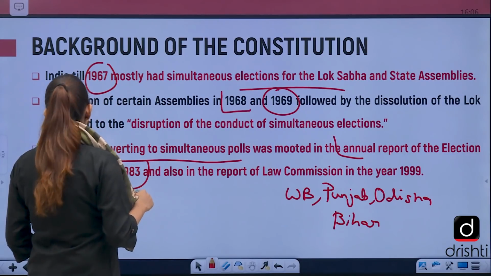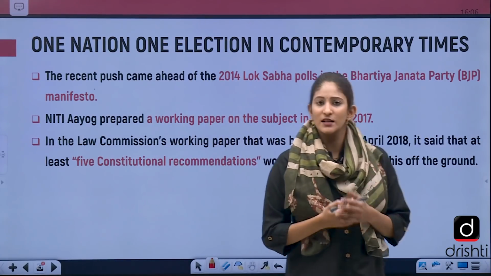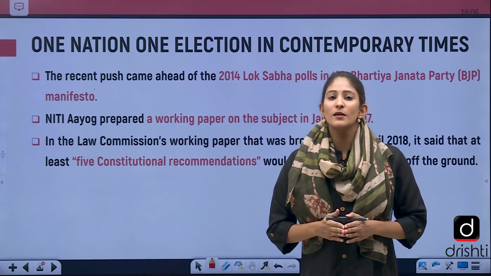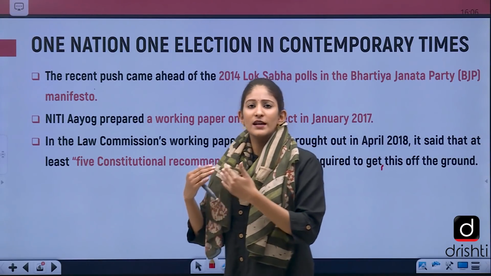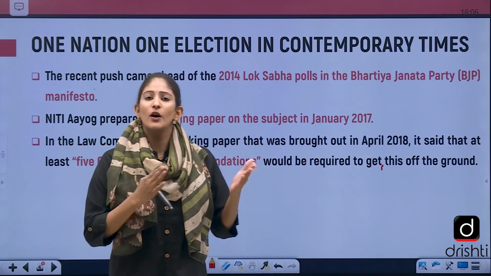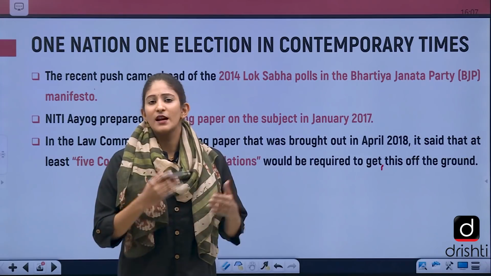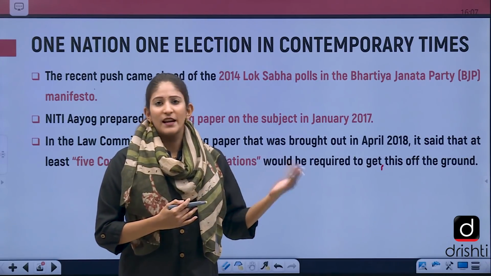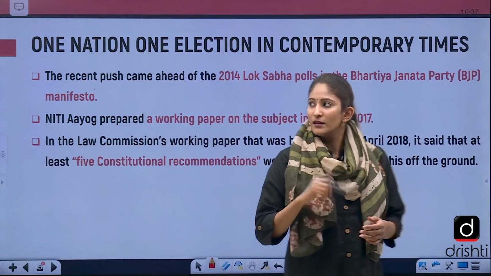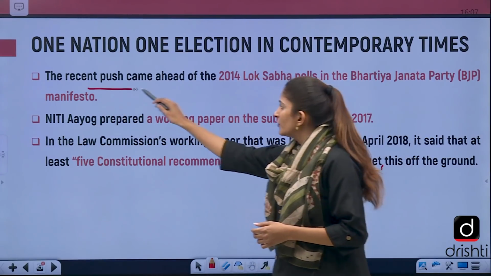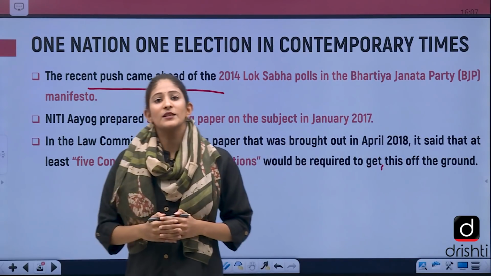Let's move on to the concept of one nation, one election in contemporary times. So if we talk about what elections are in India and how they are conducted, every year at least 5 legislative assemblies are in the process of conducting elections. It's a yearly affair. So if we talk about recent times, the recent push to this particular concept came just